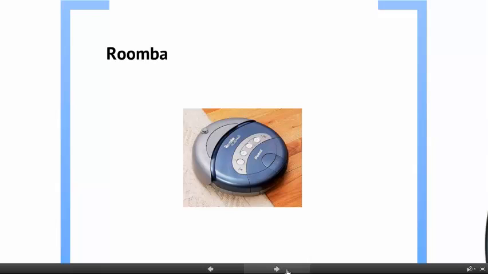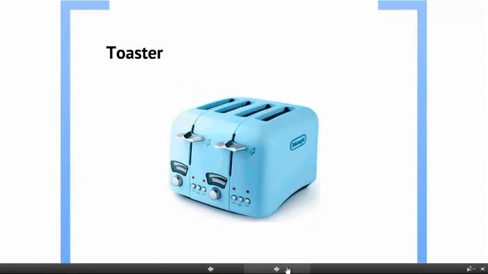Does it carry out a set of instructions? Yes, it carries out a very complex set of instructions and an algorithm that it uses to calculate the most efficient way of cleaning the house. And is it something that a person would typically do? Well, yes. And the nice thing is it does it for us. Once again, kind of giving us that idea of a robot. So Roomba, definitely chalking that one up to the robot column. Now notice that the previous vacuum cleaner was not a robot, but the Roomba was, and it had those two primary components, programmable and follows a set of instructions, that made it unique compared to our vacuum cleaner.